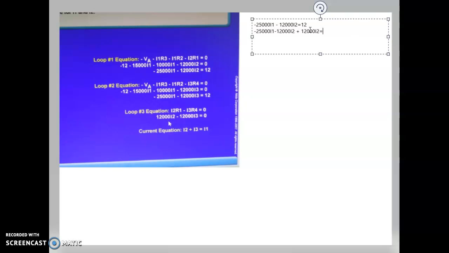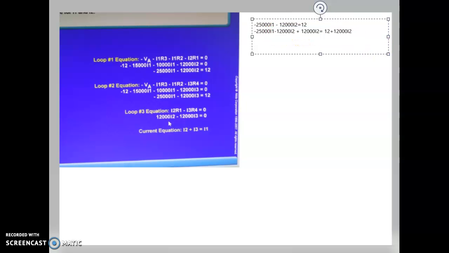And because it's an equation, whatever I do to one side, I have to do to the other. So I'm going to say 12 plus 12,000 I2. So what we just, in essence, did is, I'll at least bold them,